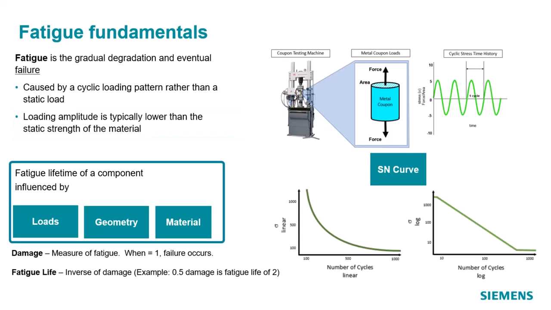So the fatigue life of a component can be influenced by various factors like the loads it experiences, the geometry or the shape of a component, and its material properties, which can include what type of material it is made from, and also other things like the process by which it was manufactured, like the surface finish and things like that. The loads can be in the form of stress applied on the component or strain or even accelerations. So all these come under the category of loads. And these are the loads experienced by the product during its operation or the normal usage.